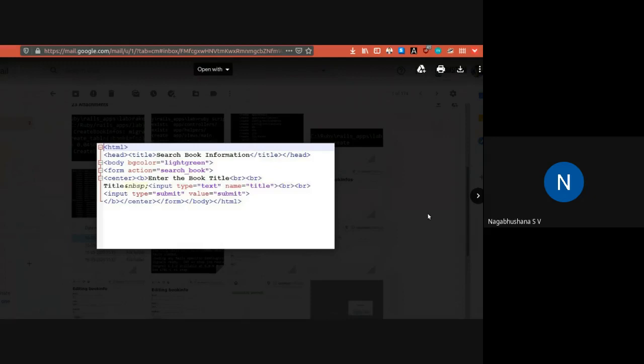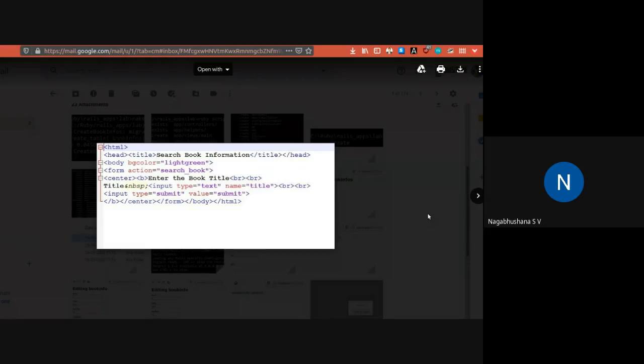On clicking the submit button, if it is available in the database, it will be displayed. So that's it. This is a simple application of the Rails demo, and it is very effective. But the procedure is a little bit difficult. Once you do it practically, you will understand.